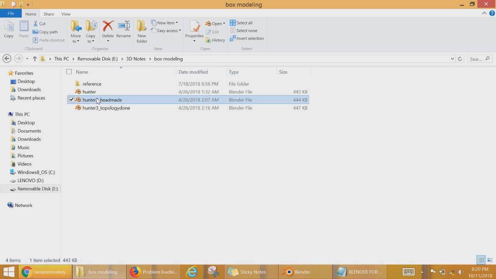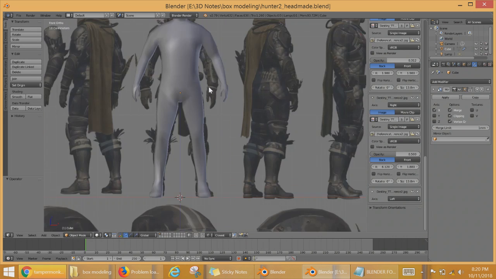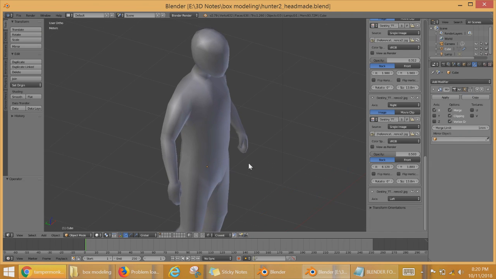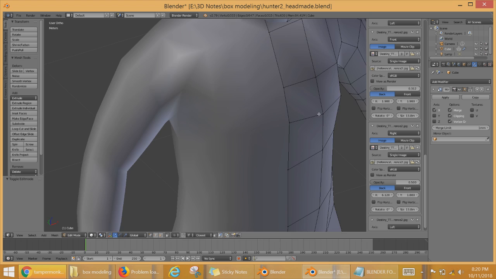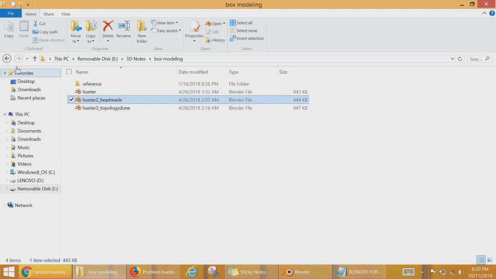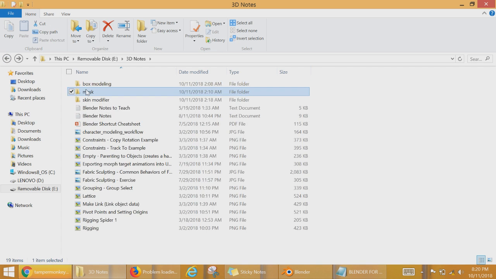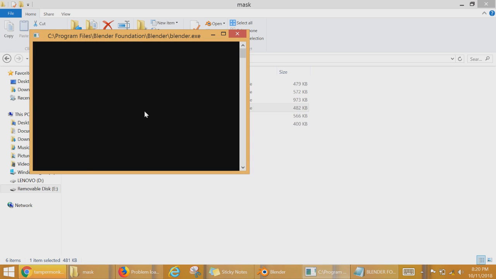So when you're box modeling, you end up with a pretty good looking model, but it's hard to actually add details to him unless you really want to go into adding face loops like a million times. So the second option here is to start out with a face mask, and you're just building out